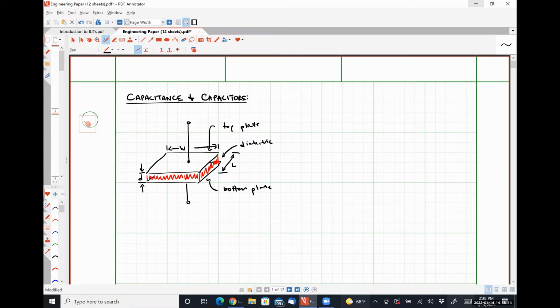So what a capacitor does is it stores energy in the form of an electric field that's sustained between the two plates, okay? And it does that by accumulating charge on the plates. So if we consider the top plate to be the positive polarity terminal of the device, and the bottom plate to be the negative polarity terminal